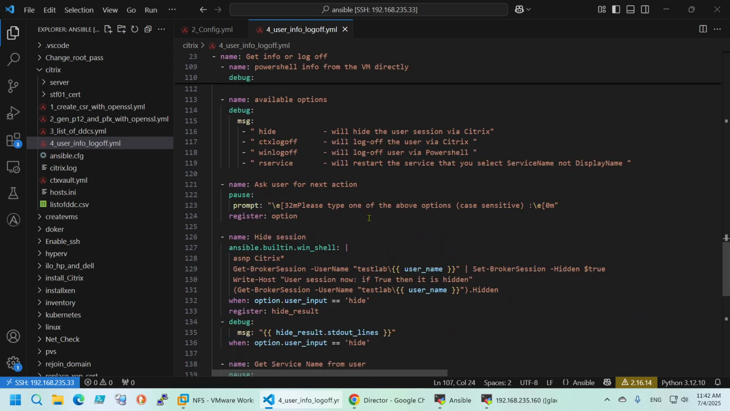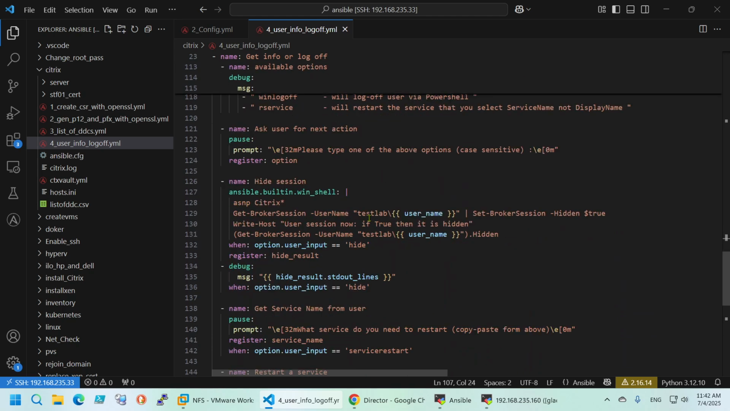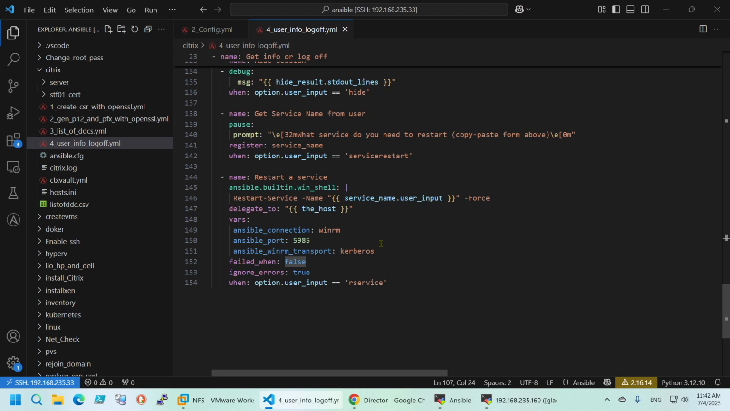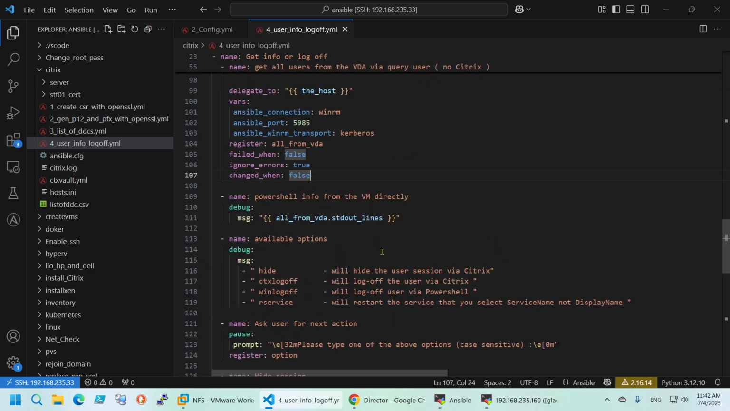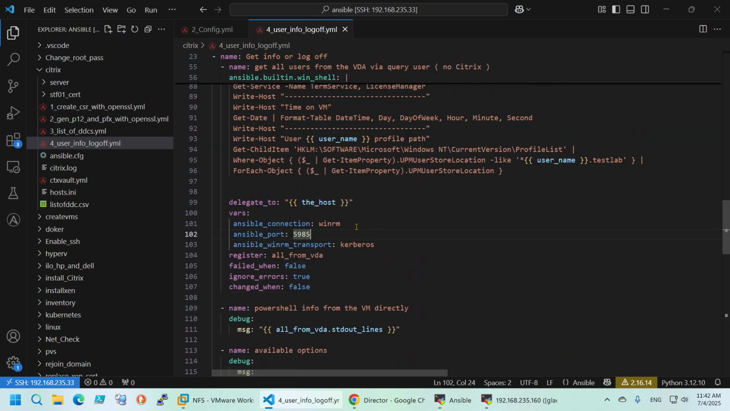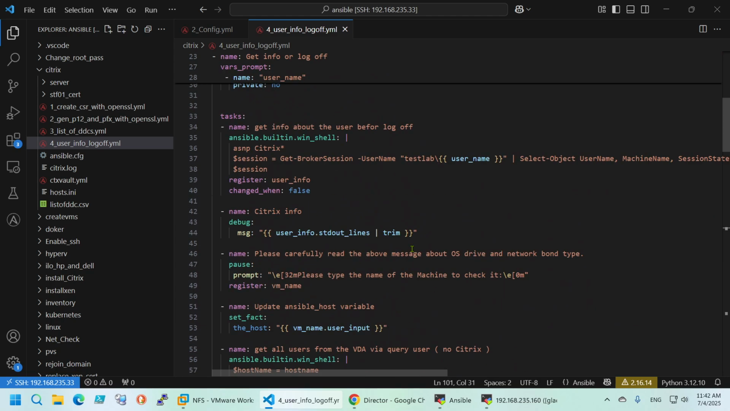Basically that was the most important thing. The rest doesn't matter, because those are just normal commands. So this is the thing that you need to remember or to implement if you want to create a similar playbook. And one more